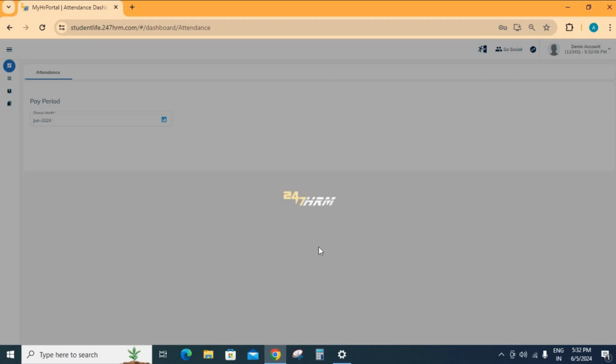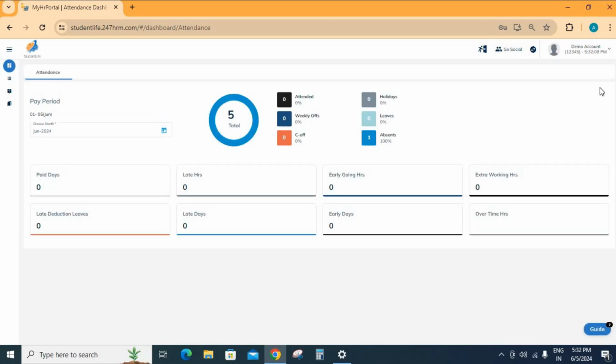Once you log into this, a screen like this appears in front of you. Now this is the first way to log into the HRM portal. The second way to log into the portal is through the mobile application. Go to the Play Store, download 247 version 2. Download this and simply log in through the domain name as I mentioned,